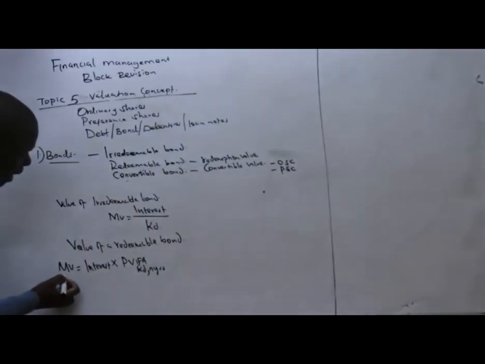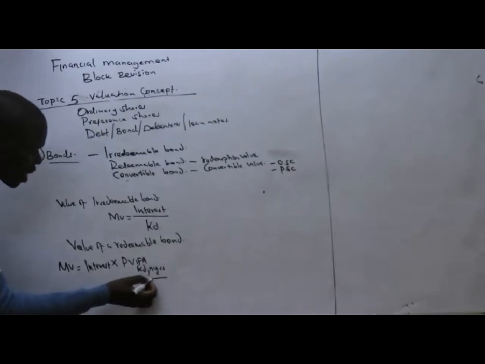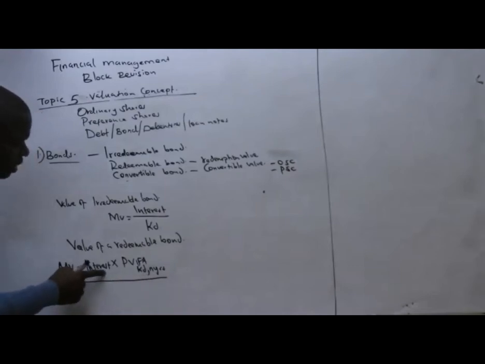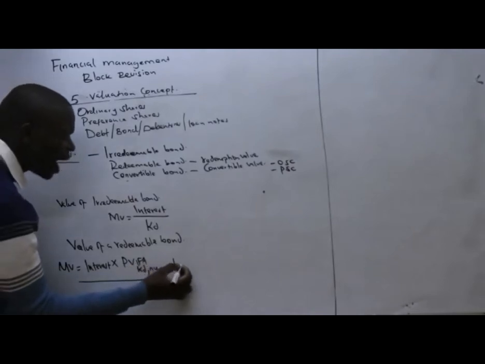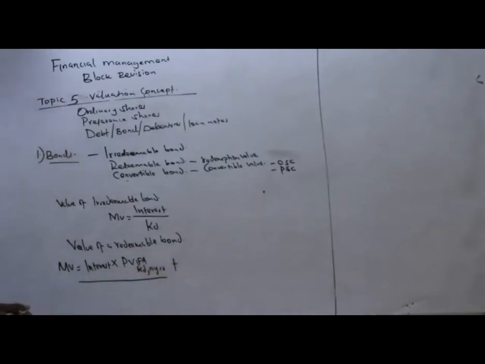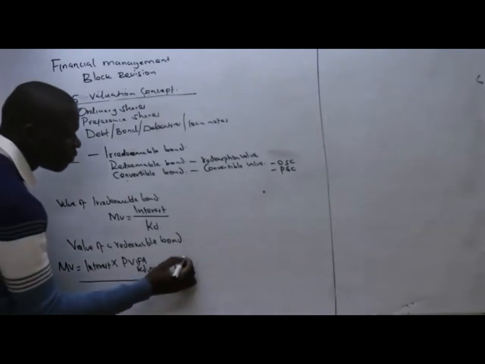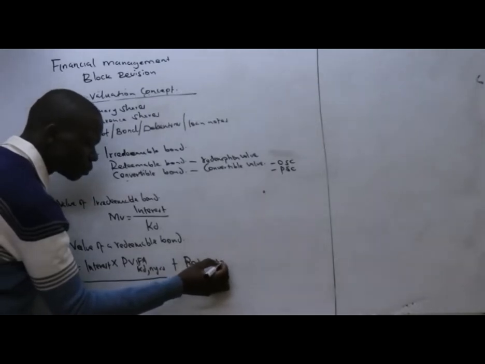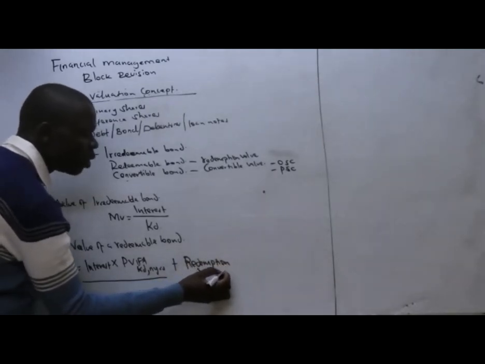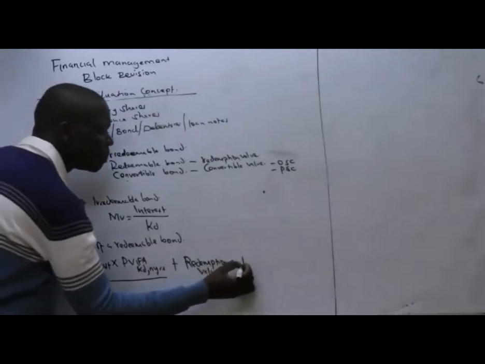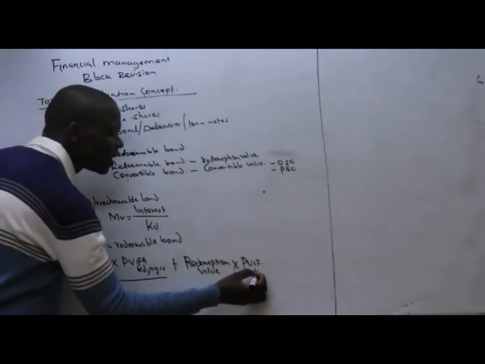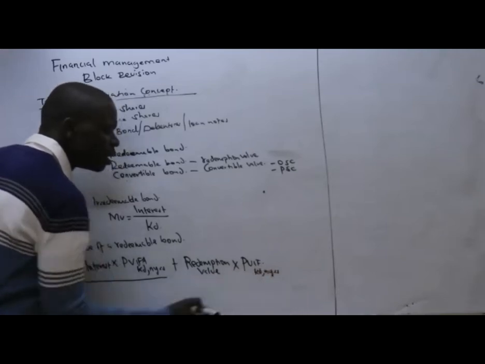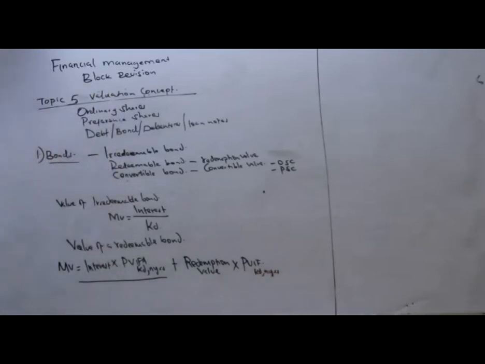So in determining the market value of a redeemable bond, we have this part number one to determine the value of interest. Then we add the redemption value. The redemption value will be determined by taking the redemption value multiplied by your PVF, KD, N years. What we need to note here,